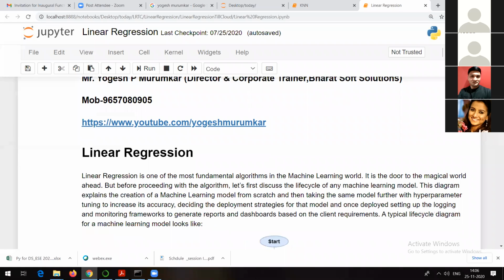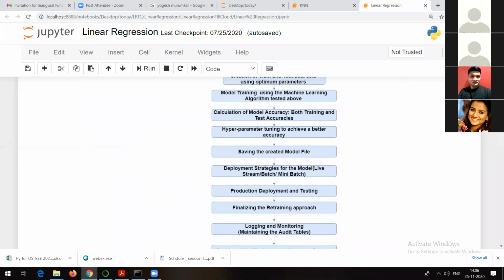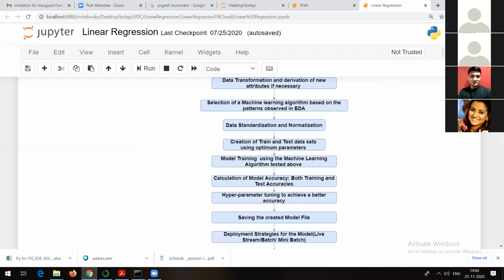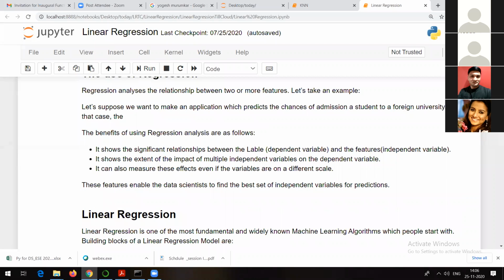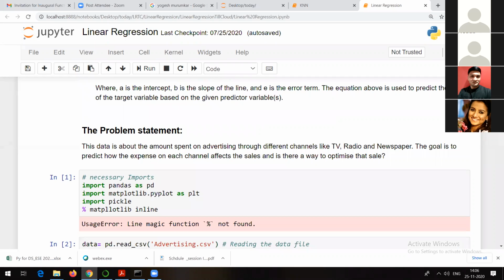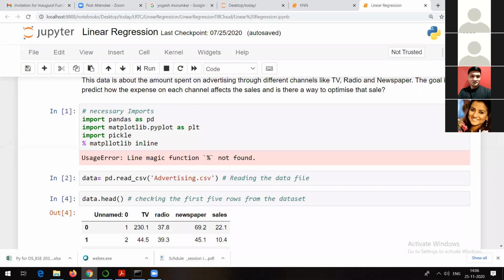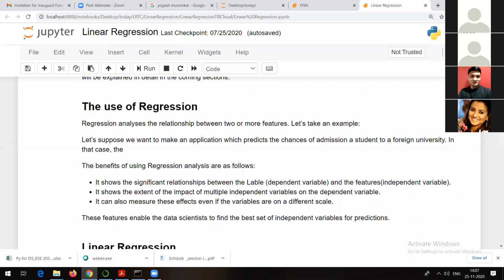Generally I go and discuss some concepts like hyperparameter tuning, what is p-value, what is hypothesis testing, and all these things. But right now I will not discuss the theoretical points. I will directly move to the hands-on, and then if you have any problem, we will try to cover those things also.